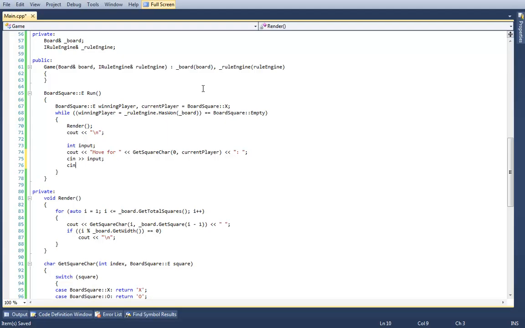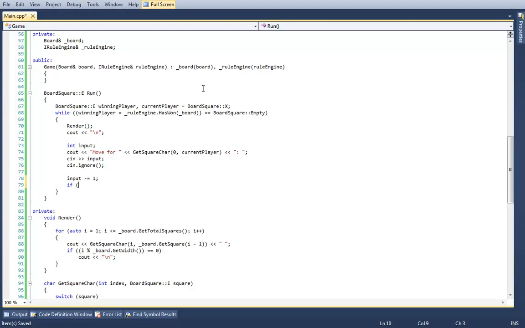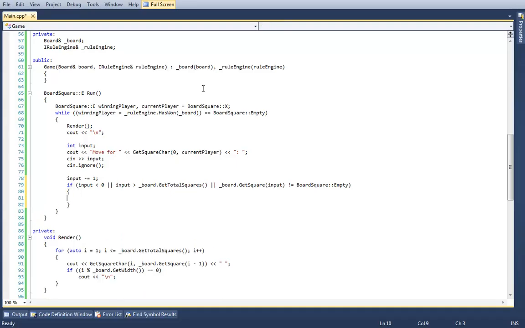Grab in the input, do a cin.ignore, and then go ahead and do input minus equals 1. Remember, we want to convert the user input into a list of valid indices to our board. So then I'm going to say if input is smaller than 0, or input is greater than board.getTotalSquares, or board.getSquare at input does not equal board_square.empty, then cout invalid move